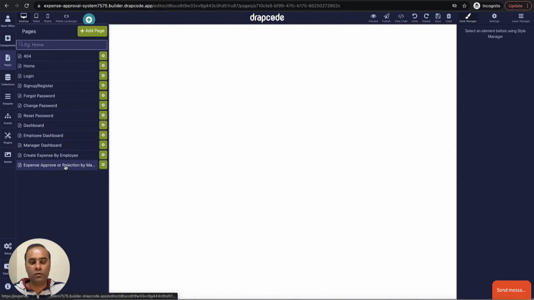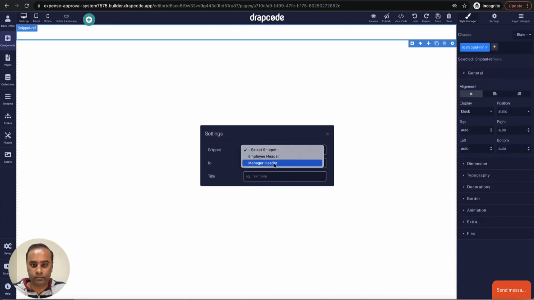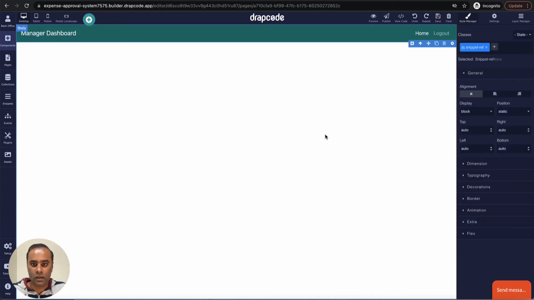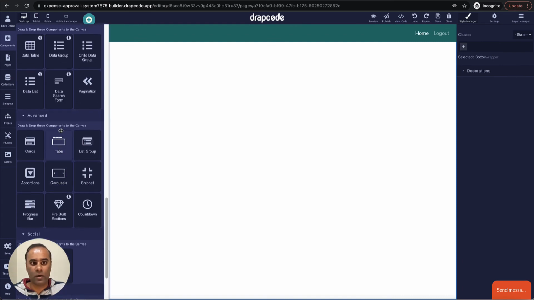Here what we will do, we want to update the status of the expense and also want to capture who did it. So let's go and drop the snippet so that we have the header. After that, let's drop a collection form, right? We want to update the data, but here we want to display the data pre-selected for the expense claim.